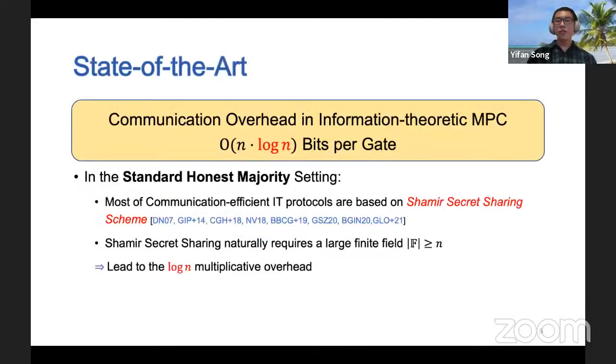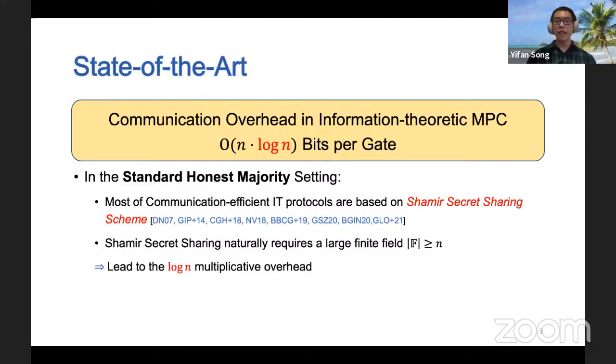All known information theoretic MPC protocols have a log n multiplicative overhead in the communication complexity. Concretely, the communication cost per gate is on the order of n log n bits for small fields. This is because most of the communication efficient MPC protocols are based on the Shamir secret sharing scheme. Shamir secret sharing naturally requires a large finite field of size at least n, which leads to the log